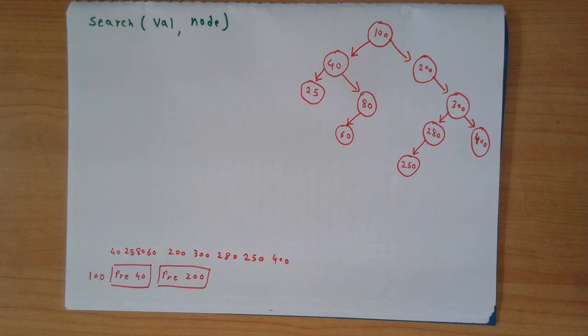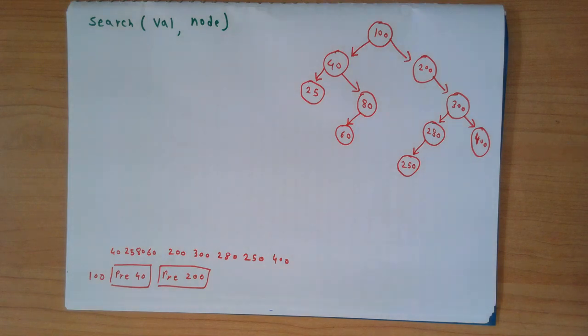In binary search, we compared the search value with the middle element, and then we decided if we have to explore the left part of the array or the right part of the array. So we utilized the information that the array is sorted. We have to do the same thing here. We have to utilize the information that this is not a general binary tree, but a binary search tree.